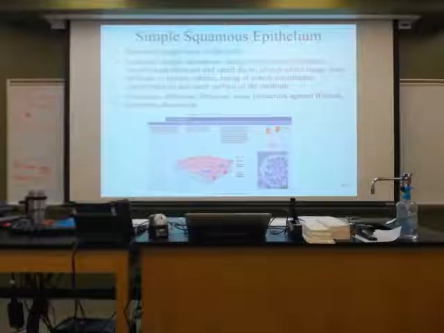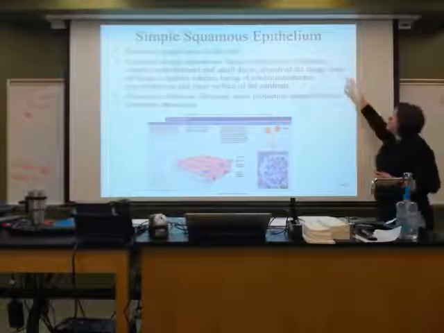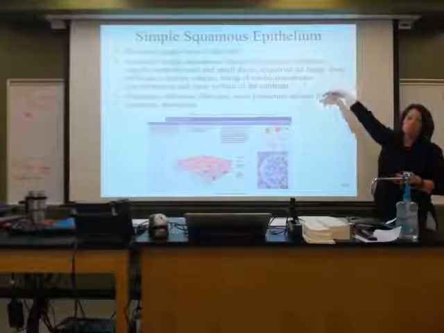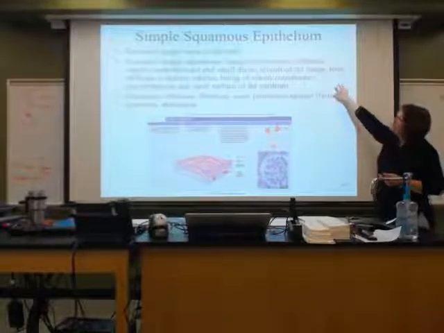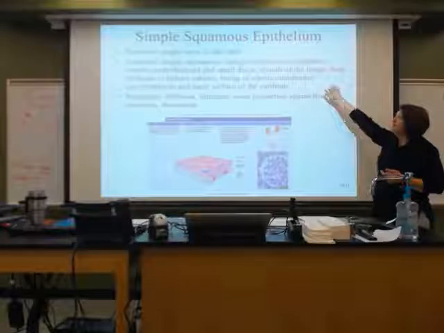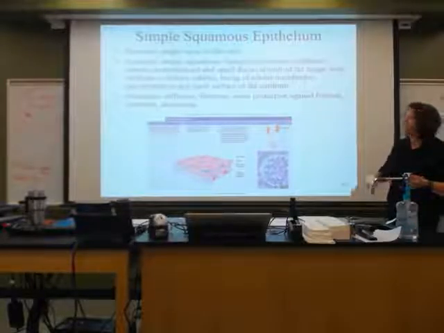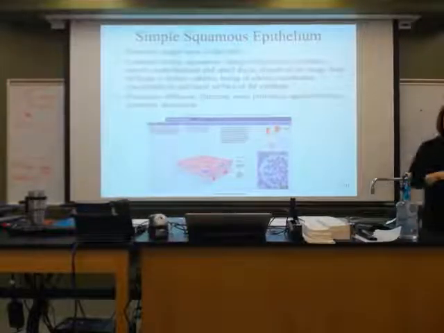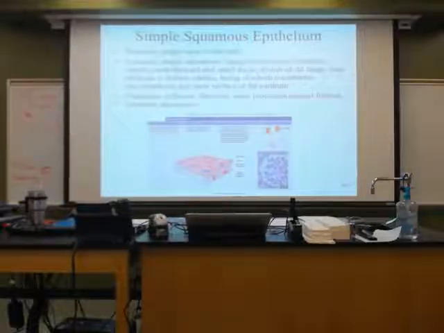Note they're letting you know, D-U-C-T, okay? So ducts, the alveoli of the lungs, the loop of Henle, which we find in the kidneys, serous membranes, and part of the eardrum. The function of simple squamous: